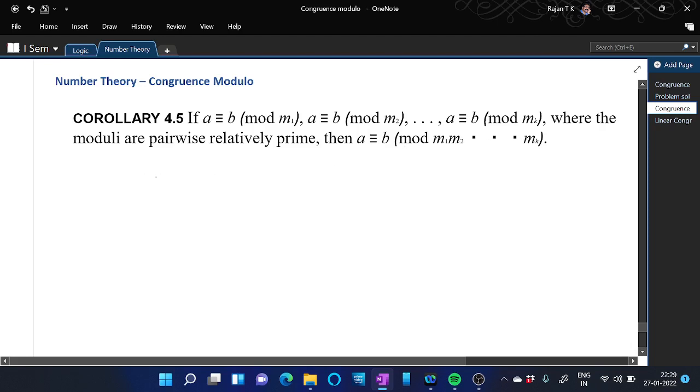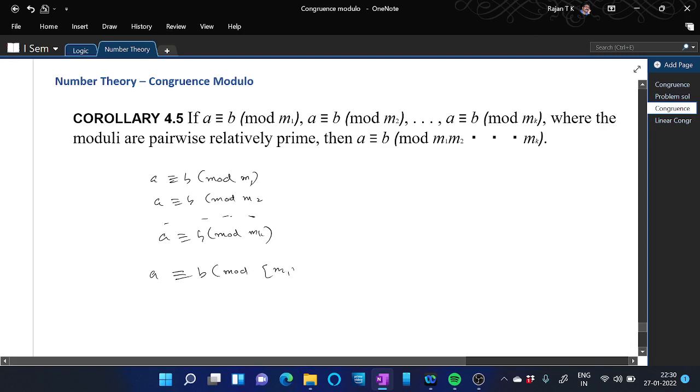So given A is congruent to B mod M1, A is congruent to B mod M2, etc., A is congruent to B mod Mk, by the previous theorem we have A is congruent to B mod